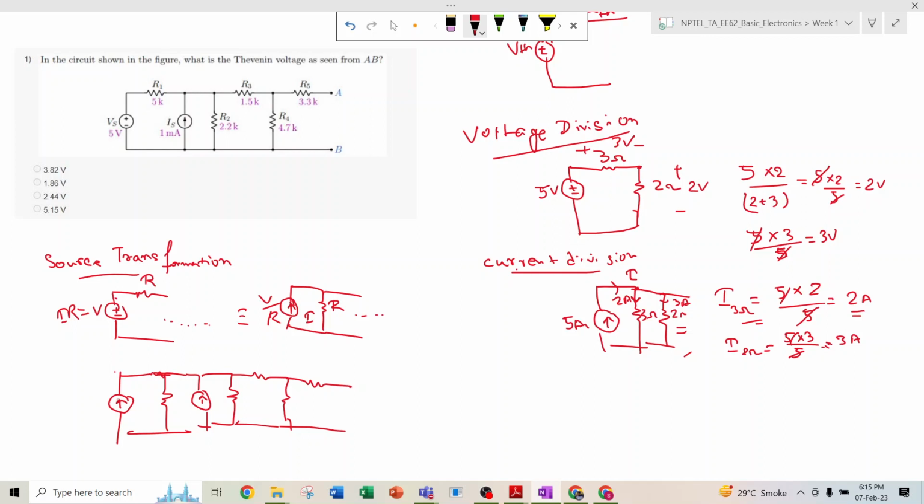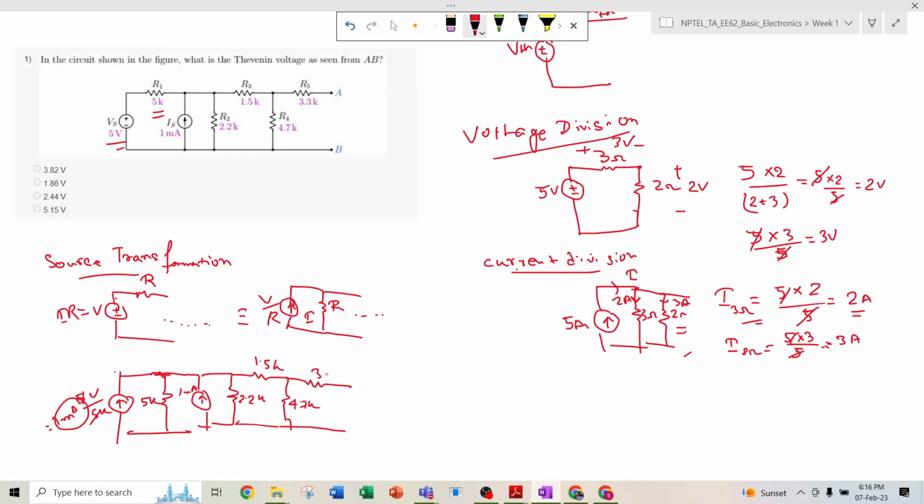So what is the value of the current source? Here you can see it is 5 volt and here it is 5k. So 5 volt divided by 5k, that means 1 milliampere. So a 1 milliampere current source will be here, and the same resistance will appear in parallel, so this will be 5k, and the rest of the circuit remains the same. That means this is 1 milliampere, here it has 2.2 kilo ohm, here 1.5k, here 4.7k,